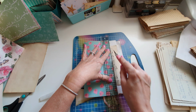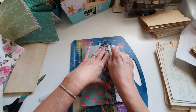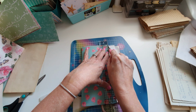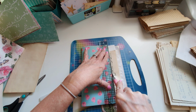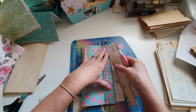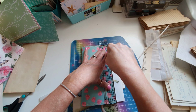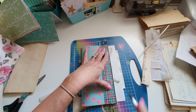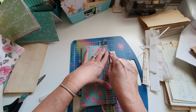All you need to do is this. So this might take you a couple of runs through with your blade. I'll just move this over very slightly because I don't want to cut my... Now, of course, if you don't have an X-Acto, you can just cut each page